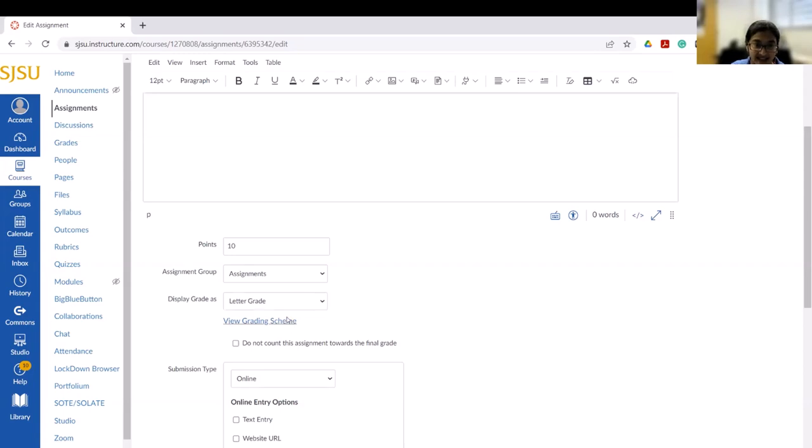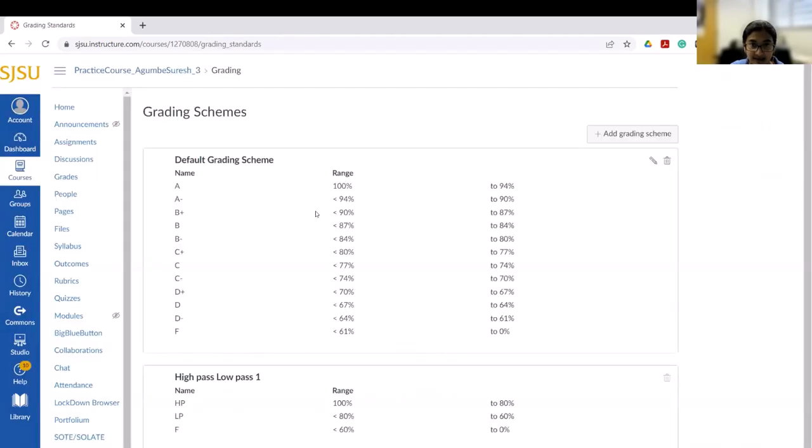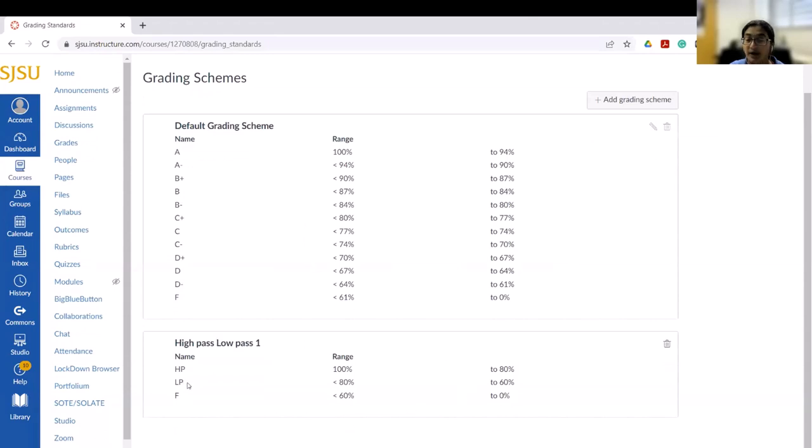Here, we can set grading schemes to be not just A, B, C, D, but if we look at how we can manage the grading schemes, there is a way in which you can provide more than just A, B, C, D kind of grades. You can provide any alphabet as the grading. So suppose this is a pass-fail kind of a quiz or a pass-fail kind of a homework. And suppose in this case, if they score greater than 8 out of 10, they pass the quiz or something like that. Then you can specify in the point scale that if it is 8 out of 10 or greater,